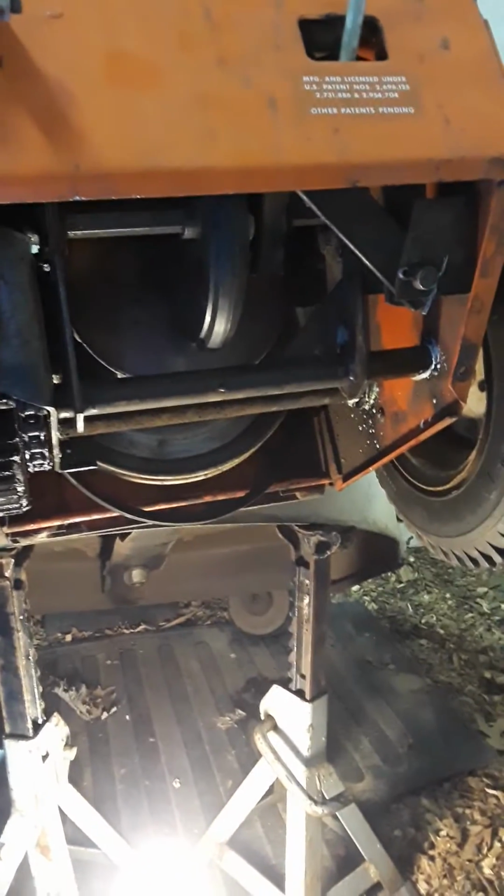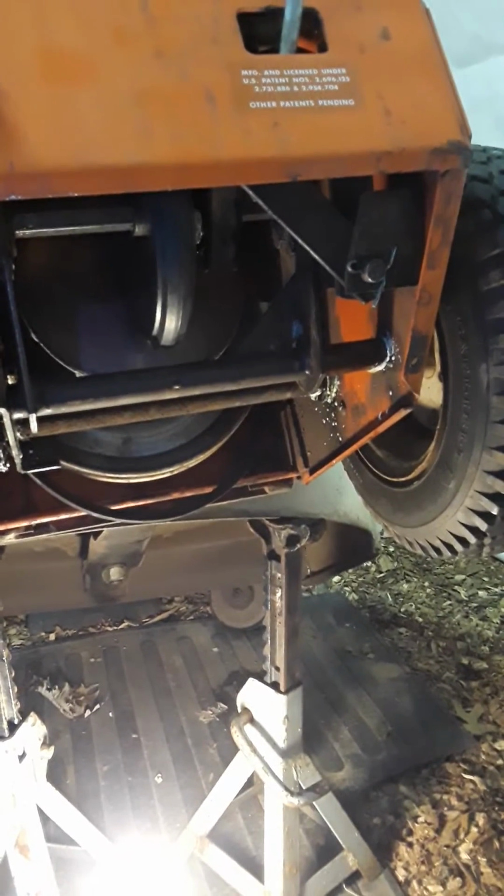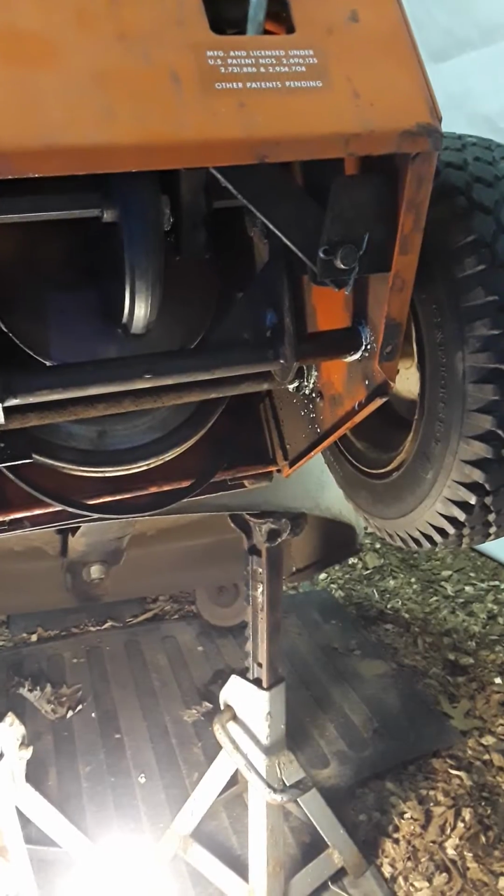And then what you do is you remove the hairpin from the fork shaft through the slot on the right-hand rear corner of the frame. This hairpin right here, that pops out, okay? Once that pops out,